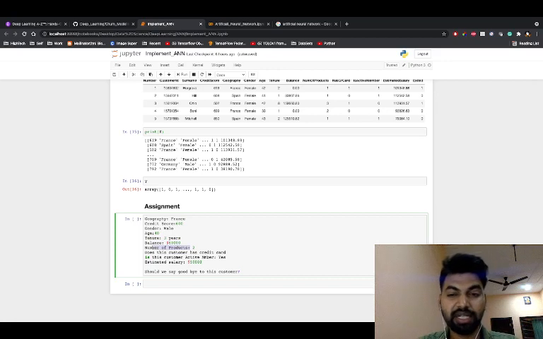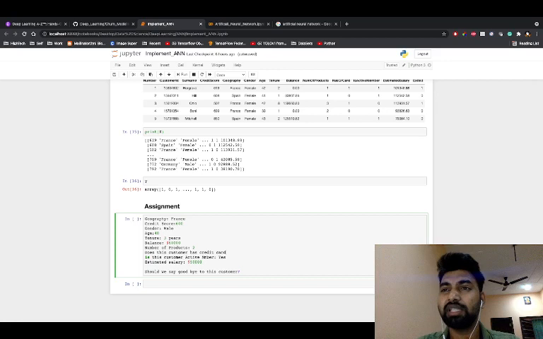Does this customer have a credit card? Yes or no? Is this an active member, and the estimated salary, right? So these are the parameters we directly feed to the artificial neural network, and we will see whether this customer will stay in the bank or leave, right?